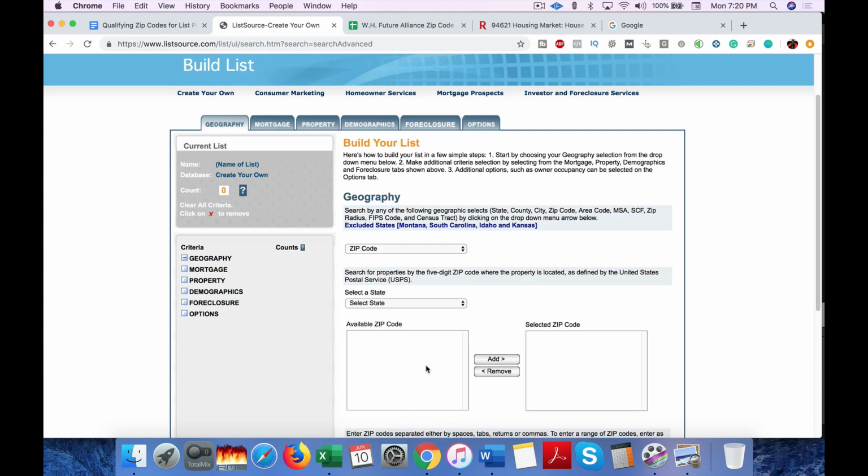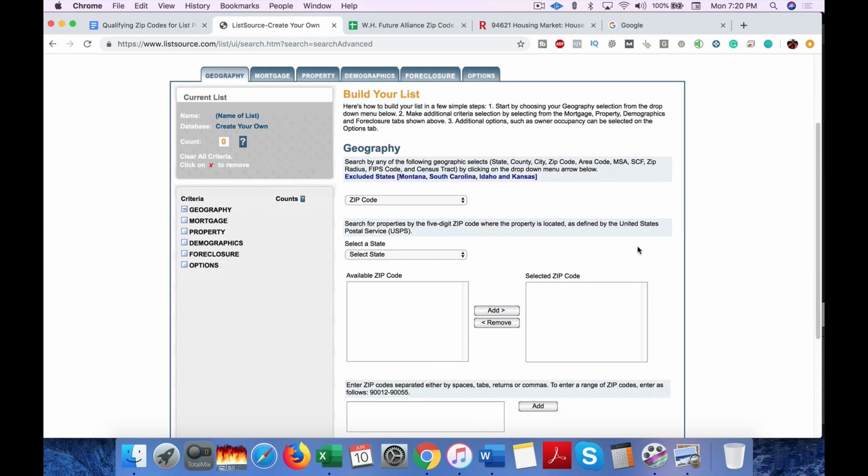And we are going to input the primary zip code where you're located or you want to target, right? So let's just say you're in an area and you live on a golf course. You probably won't want to start out there as a zip code. I mean, you can, but I'll actually show you all of the zip codes that you can find, because you